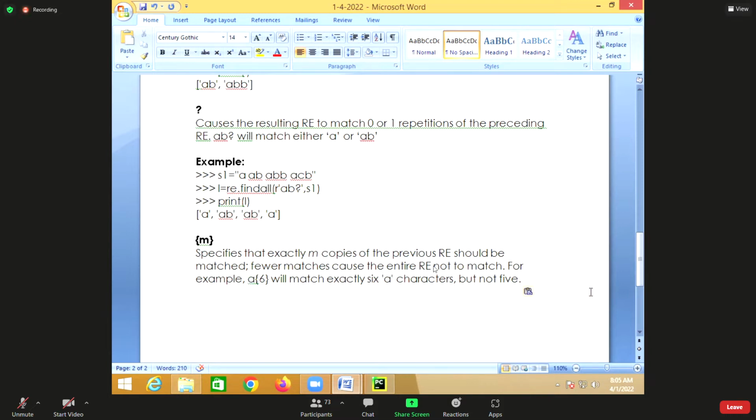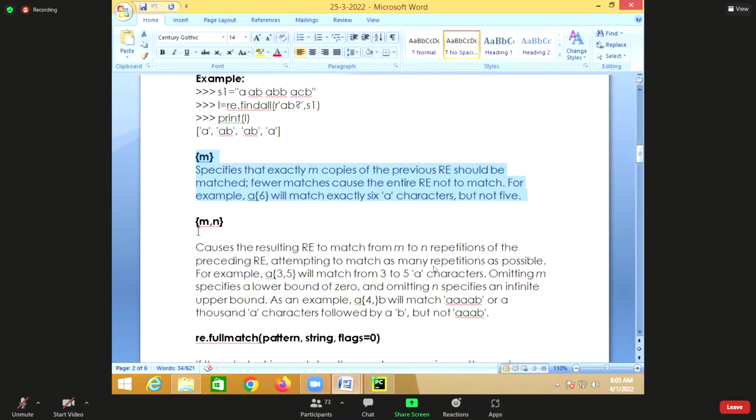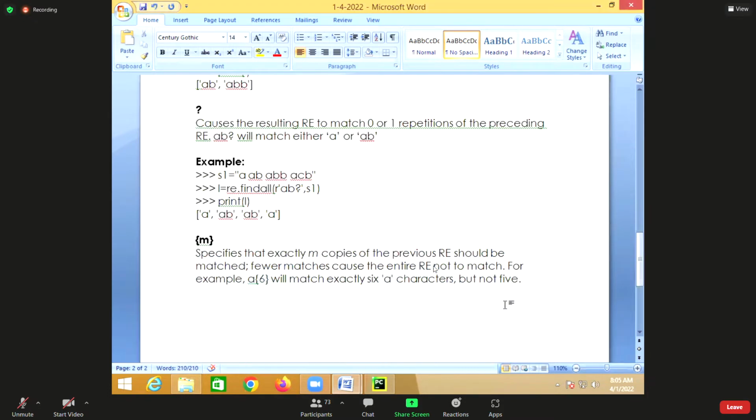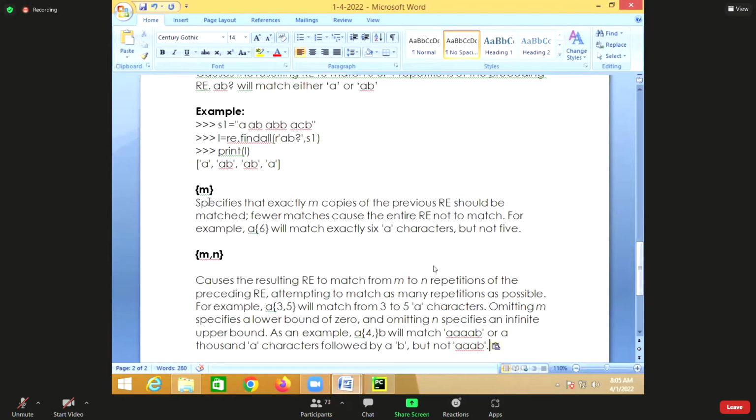If you want, you can give the range, like I want from 1 to 5. Then I can write M comma N. M comma N is where I can define the range. M alone means exactly that many repetitions.